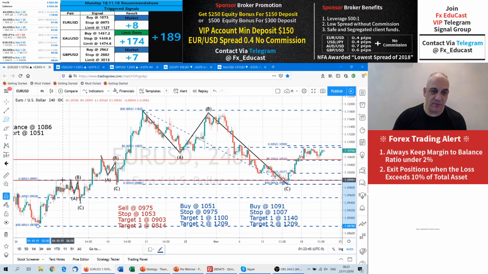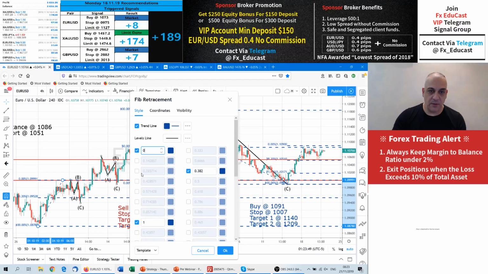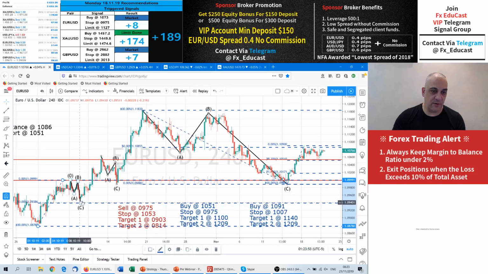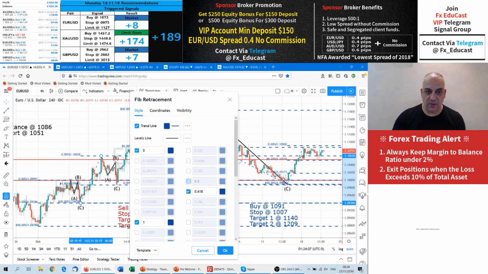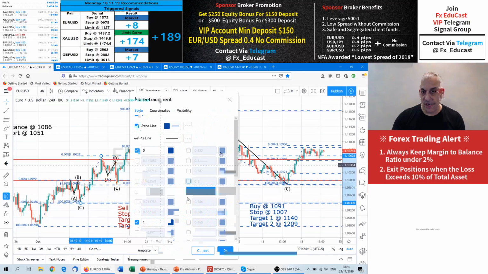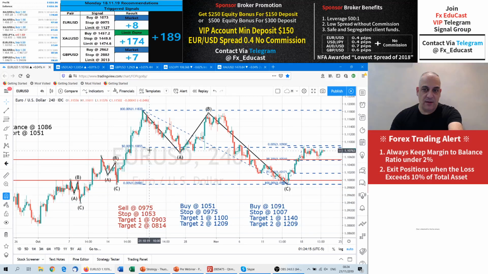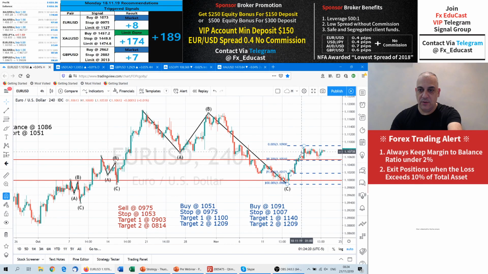So with this recovery attempt, the first part, if you calculate the 50% level, you're going to see that we stopped exactly at the 50% level here. If you calculate it for this part of the recovery, you're going to see that the price stopped very close to 60.8. And again here, the big one, the most important one, let me just clear these. And also I'm going to clear this one and this one, just to show you